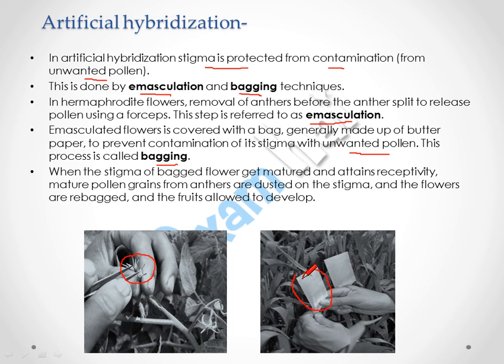Okay, when the stigma of the bagged flower matures and attains receptivity, mature pollen grains from the anther are dusted on the stigma and the flower is rebagged until the fruit is allowed to develop. Okay,